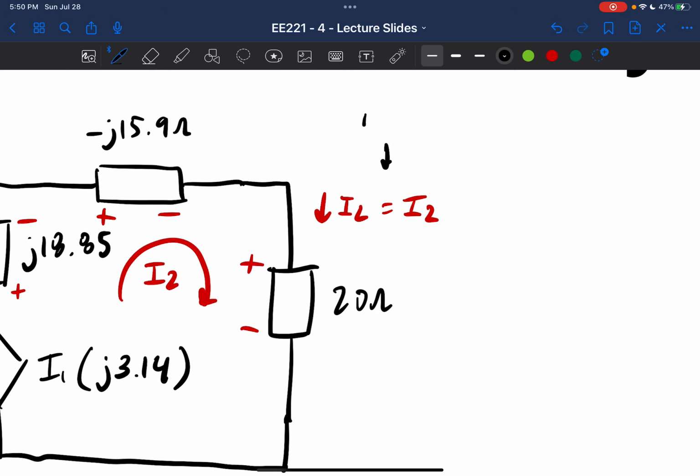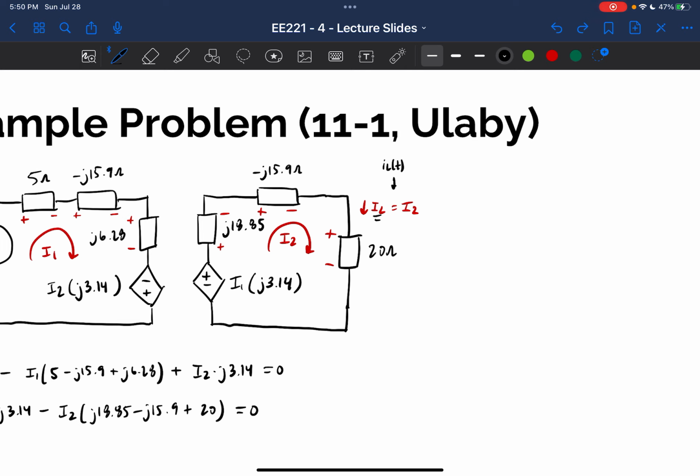We're really after IL of t, which comes from IL, the phasor, which comes from I2, because I2 and IL are basically the same, right? So we're going to go ahead and solve those 2 equations, 2 unknowns. Once we get a value for I2,